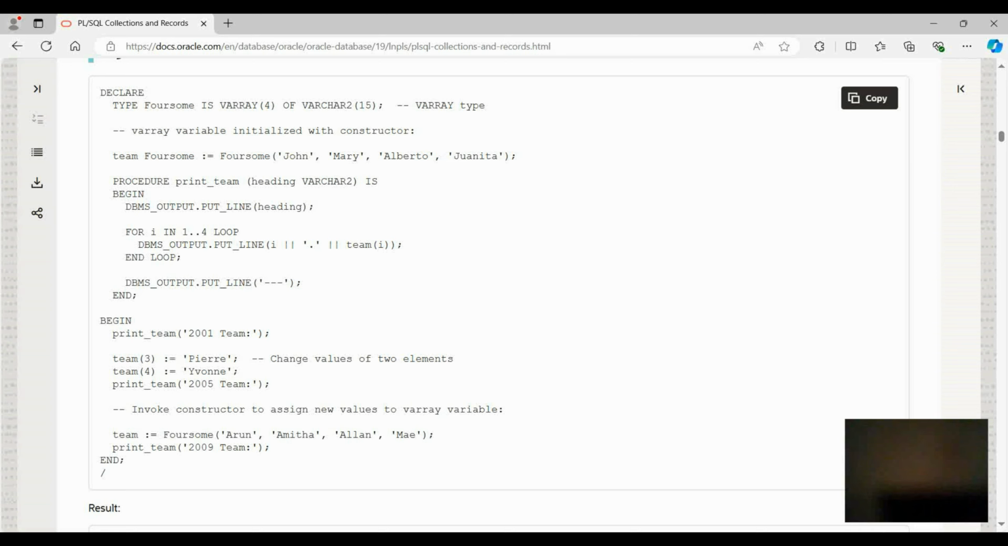Now after that we are assigning different values for elements 3 and 4, and then calling the procedure again, and the procedure will display the new heading with the new team members. Obviously the first two would be the same, and the third and fourth would be changed accordingly. And in the third step it's assigning a completely new VARRAY of 4 new elements, and then it's showing those